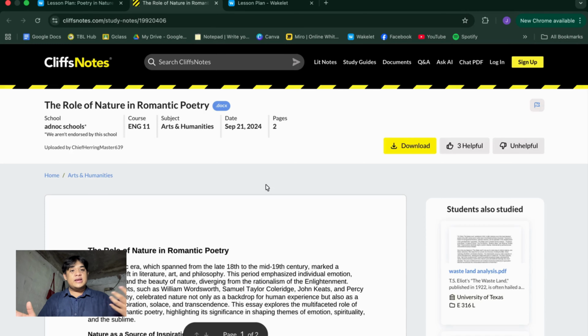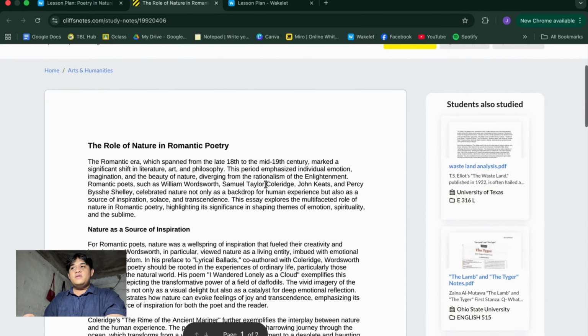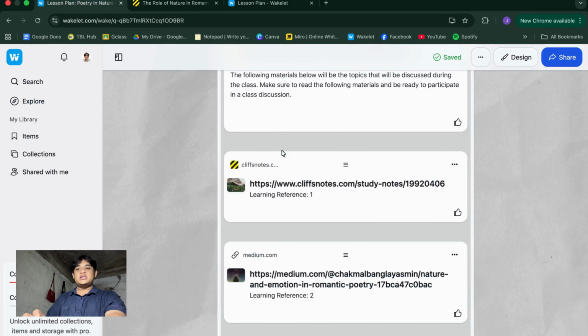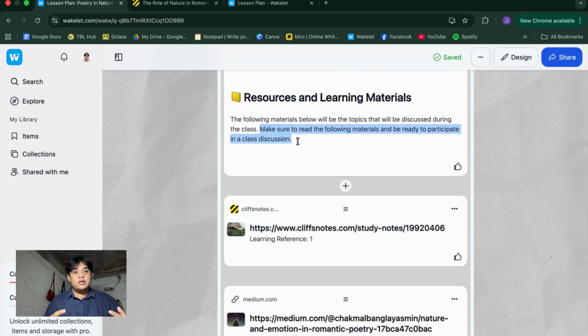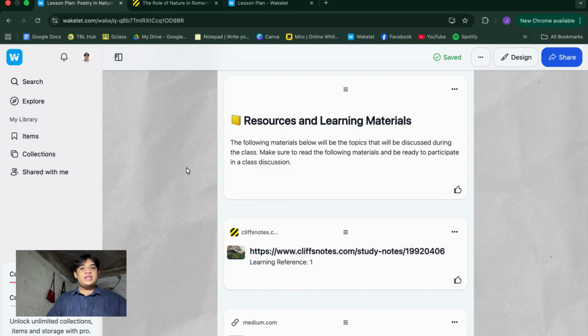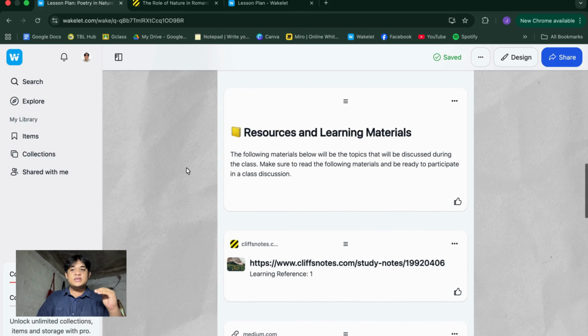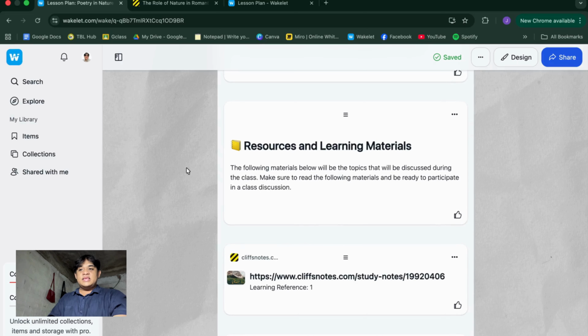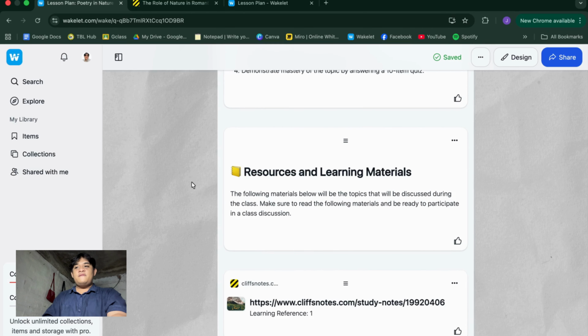During their asynchronous time, if you can also see, I have highlighted: make sure to read the following materials and be ready to participate in a classroom discussion. This is beneficial because if you use this in class, or if everyone is using this Wakelet collection simultaneously, you can all go through the specific collections and the resources and references at the same time, read and create knowledge, and then discuss what you have referenced in your